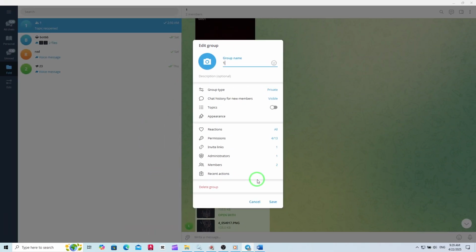This feature is perfect for quick surveys, planning events, or making group decisions. Remember, keeping your group's permissions up to date ensures everyone can participate fully and helps your community stay active and